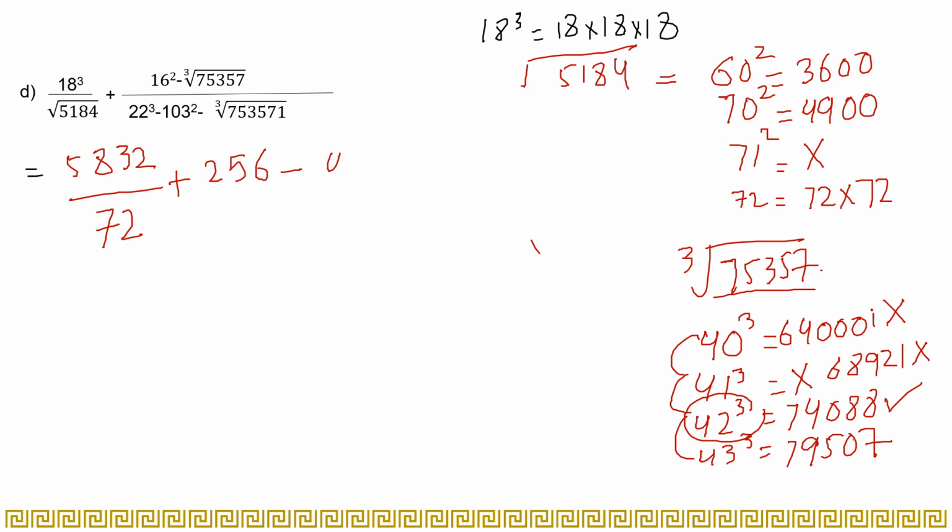You will take 42 here, right? And divided by 22 cube. What is 22 cube? 22 multiplied by 22 multiplied by 22, right? It will give you 10648, and the minus sign, 103 has to be multiplied twice. 103 multiplied by 103 gives you 10609, and now you have to find the cube root of